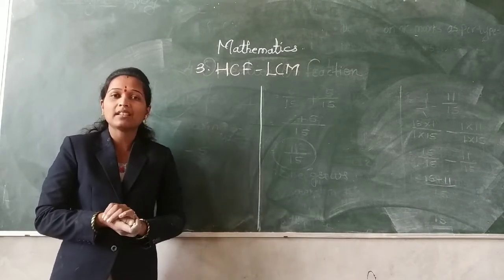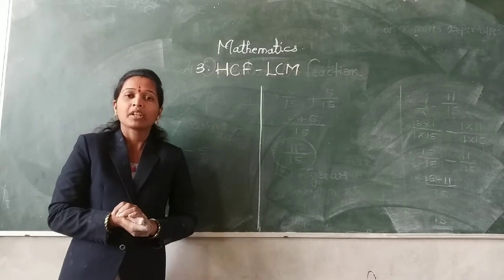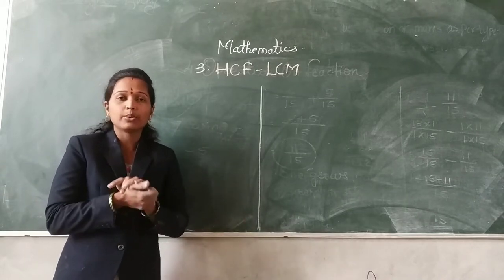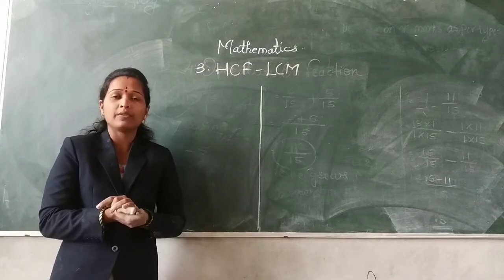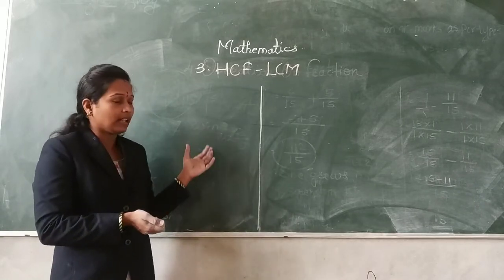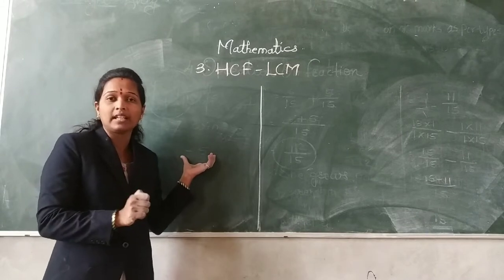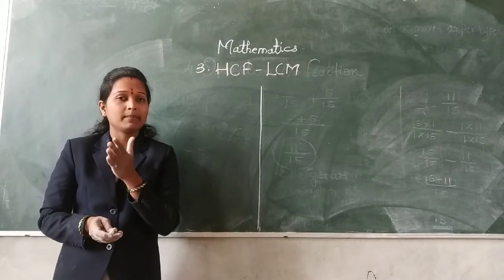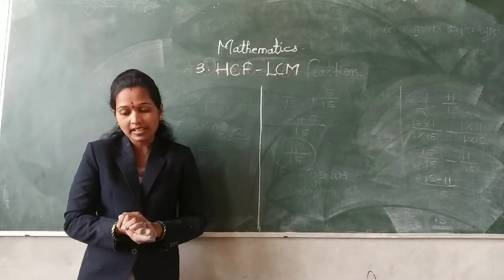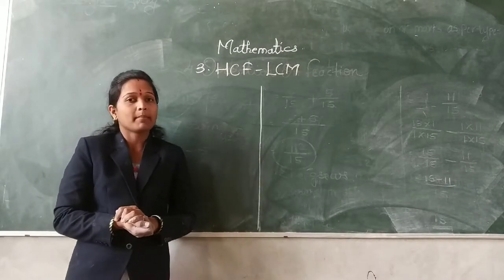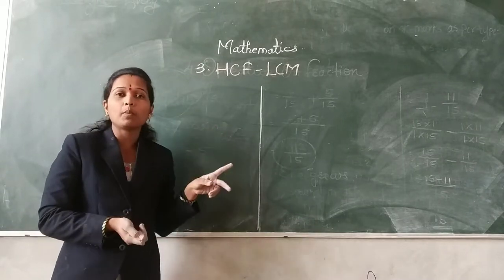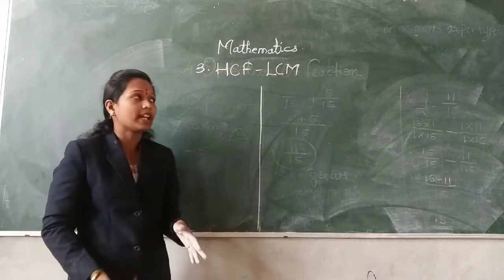So these are called factors. But if you take the example of the number 23, you can write the tables from 2 to 30, and if you observe, 23 occurs in the table of only 1 and the number itself, 23. So this is called a prime number. Twin prime numbers also: what is the meaning of twin prime numbers? The distance between two prime numbers is 2. This is called a twin prime number.